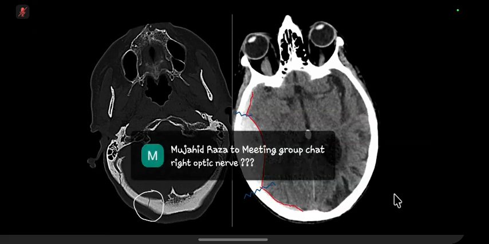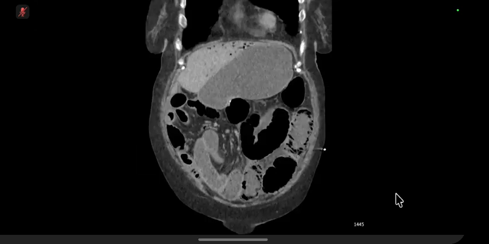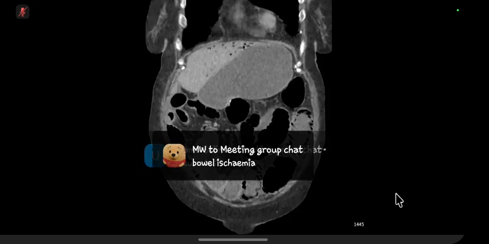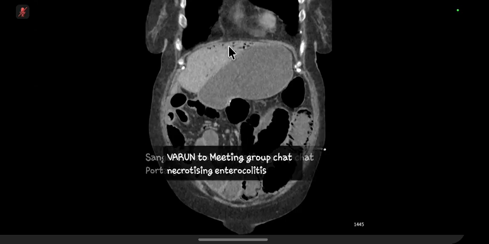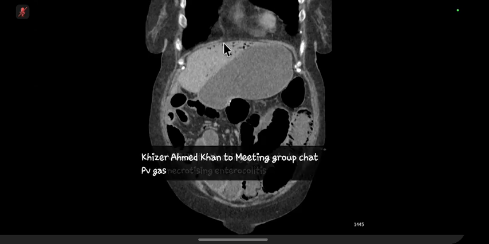Patient with abdominal pain. Any thoughts? Yeah, pneumatosis of the small bowel and portal venous gas. Portal venous gas goes right out to the periphery because the gas is going in the same direction as the blood flow in the portal vein, whereas